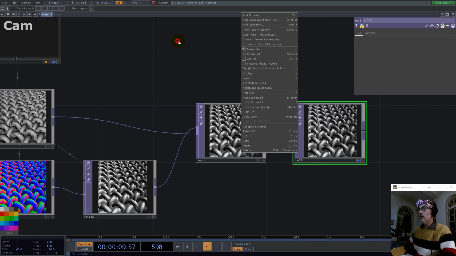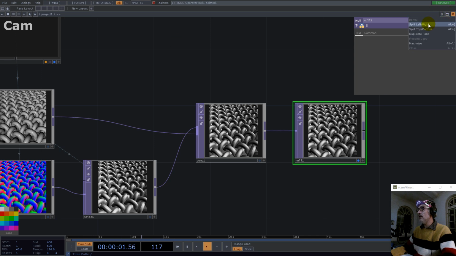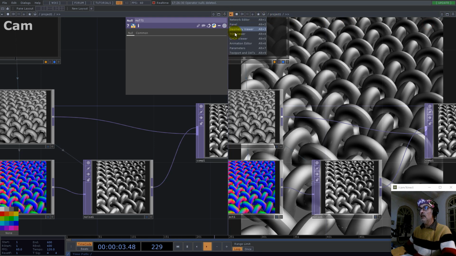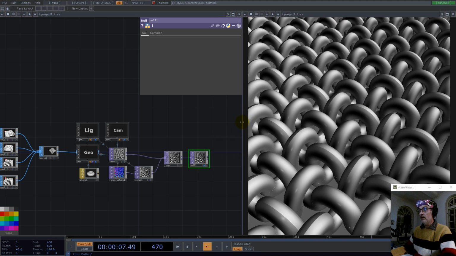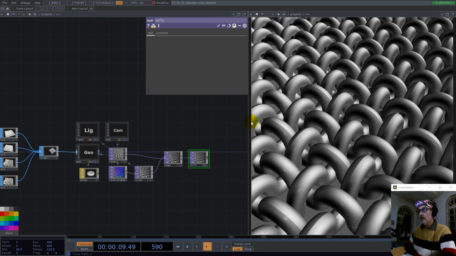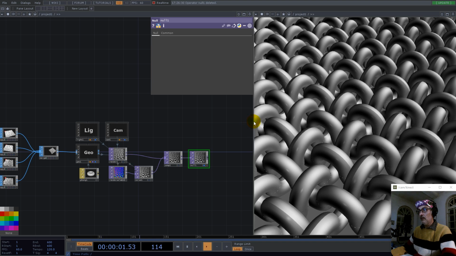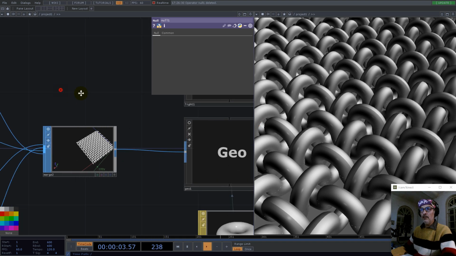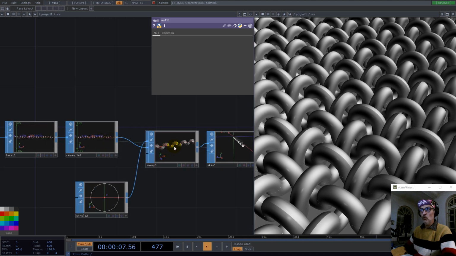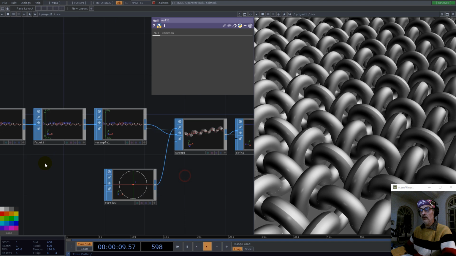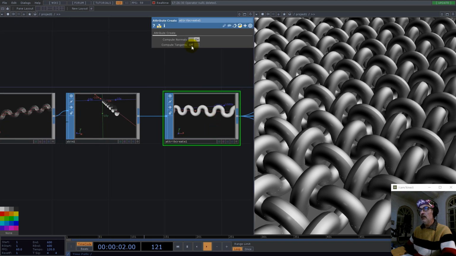Let's have a split screen and top viewer. And here in attribute create, let's go for the tangent 2 now,